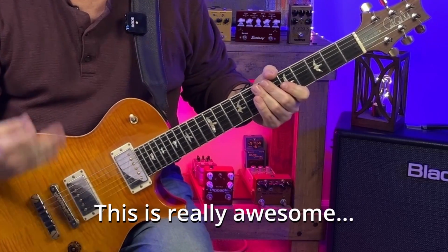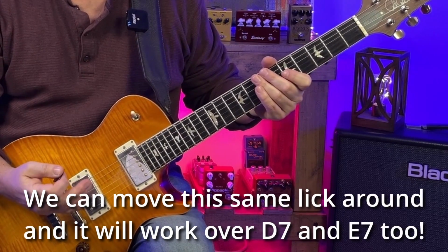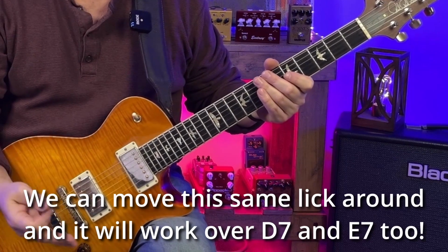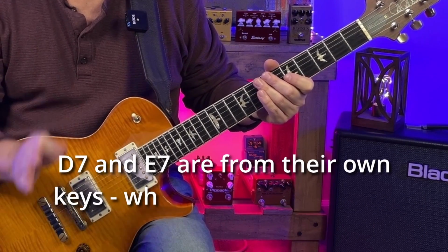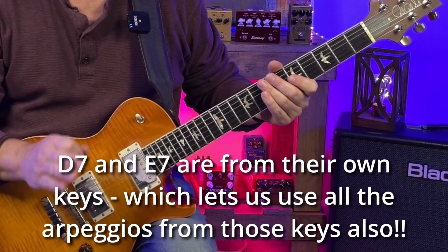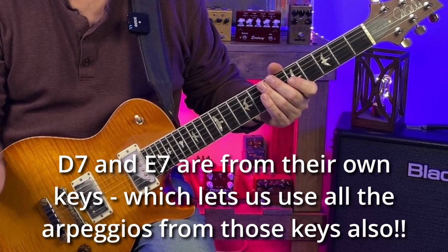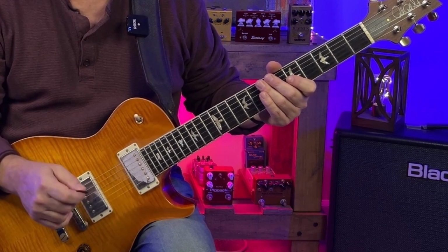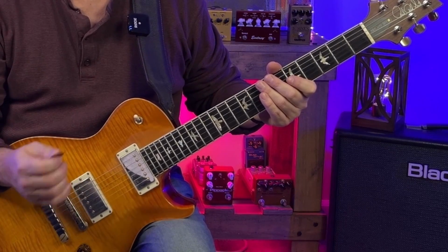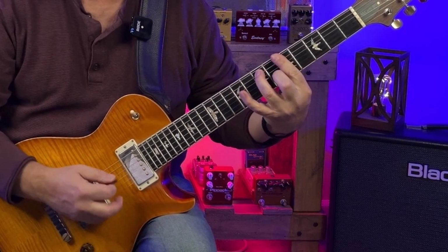And now here's something even more awesome. We can take that same lick and just transpose it to make it work over the D7 and E7 chords. Because remember, each of those chords is from its own key, and we can use the arpeggios of those keys over the D7 and E7 respectively. Listen to how you can really hear the tonality of the chords mixed in with some bluesiness as I play through them. Now here's A7,